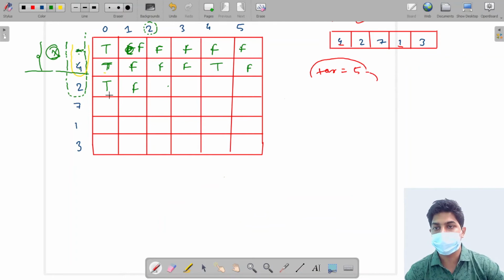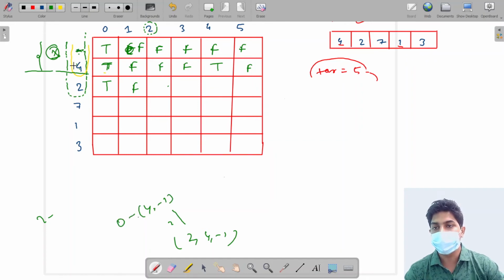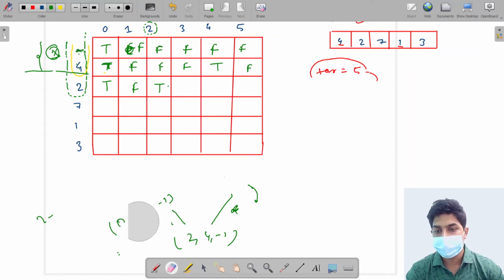Now let's see, is it possible for 2, 4 and dash to make sum equal to 2? If 2 comes into play, then what are we left with? 4 comma dash. Is it possible for 4 comma dash to make sum equal to 0? If we check 4 comma dash in front of 0, it is true. That is, 4 and dash are capable of making 0. So they will return true. So since we are getting true from any one of the options, our answer will be true only. So we are just marking it true. We are not evaluating the second case. Whatever may be the result of the second case, we are getting true from one of the two cases. That means we are getting an answer. So we will mark 2 here only.